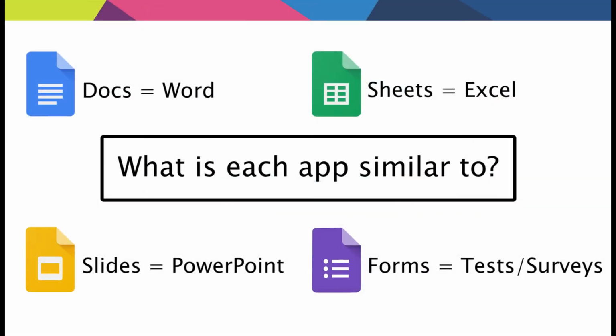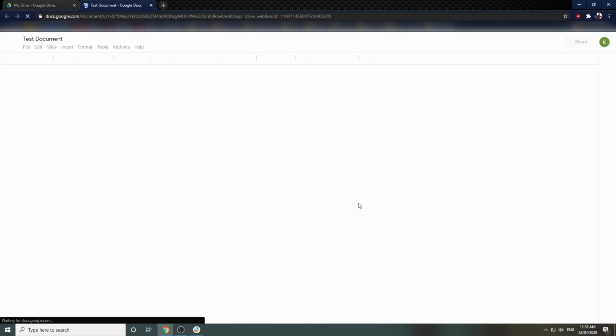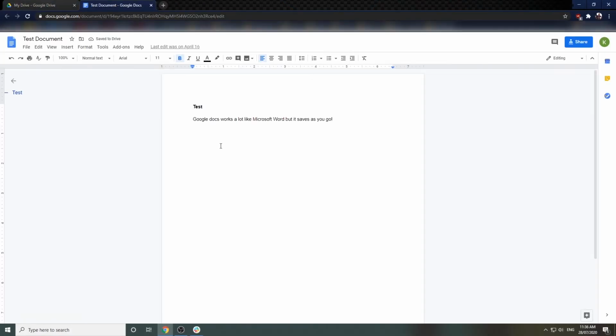Google Drive is made to work well with other Google apps. Let's learn more about the most popular apps now. When you double-click to open one of these types of files, it'll open in a new tab on your web browser. All of these apps are also web-based and do not require specific downloaded software to use.